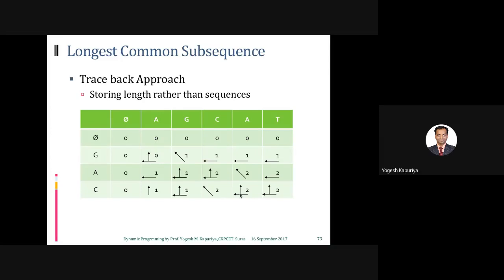Again you have a diagonal over here, so you go left. Whenever you find a diagonal, you remember. Here you find a diagonal, so you remember C, then go in the direction of the arrow. You come here, then you have two paths. If you go this path, you remember G. Again, you can go the other path.